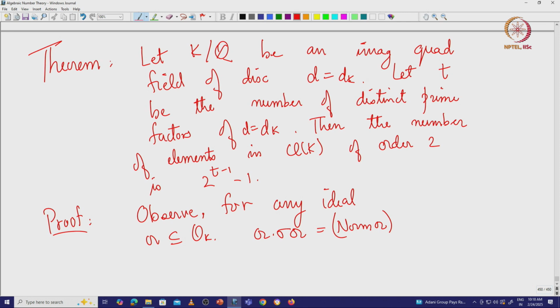Unless there is some ambiguity, I will not write down K over Q. So, you see that A times sigma A is a principal ideal,